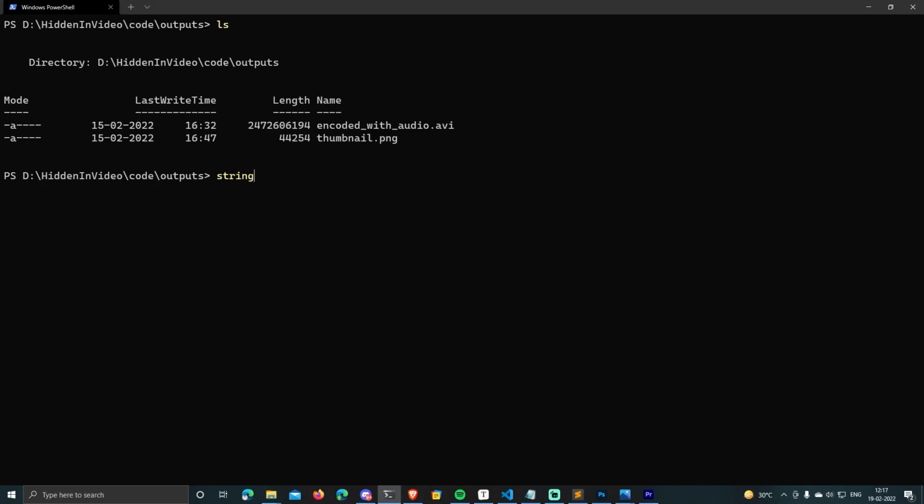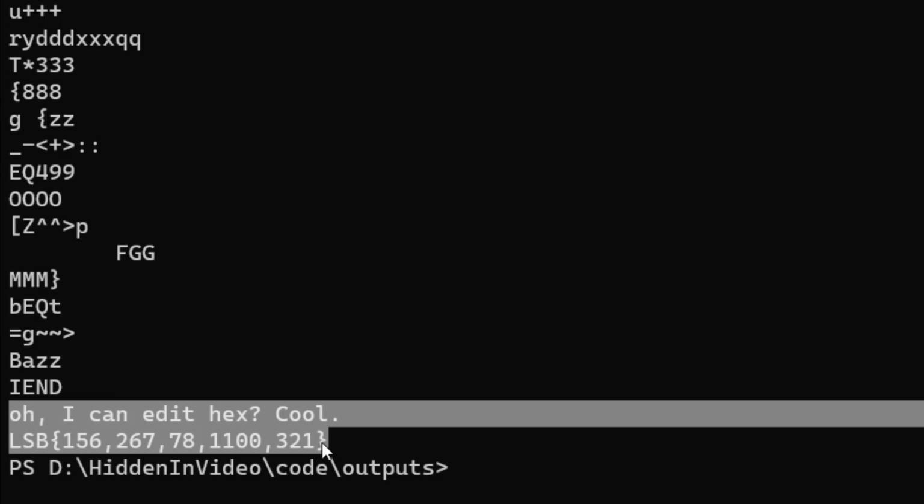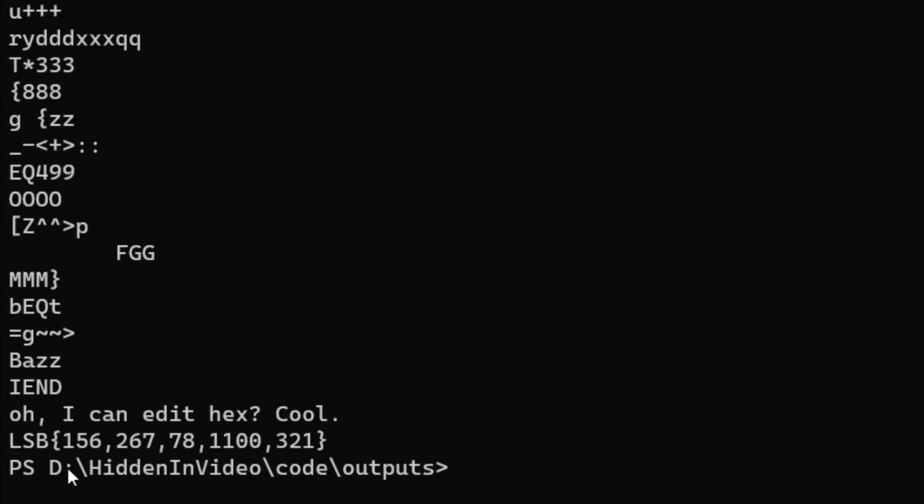So if you use strings on the downloaded thumbnail image, you find these 2 interesting messages at the end. Notice what the last message is. It gives a hint that LSB algorithm is used, and it is used on the frames 156, 267, 78, 1100